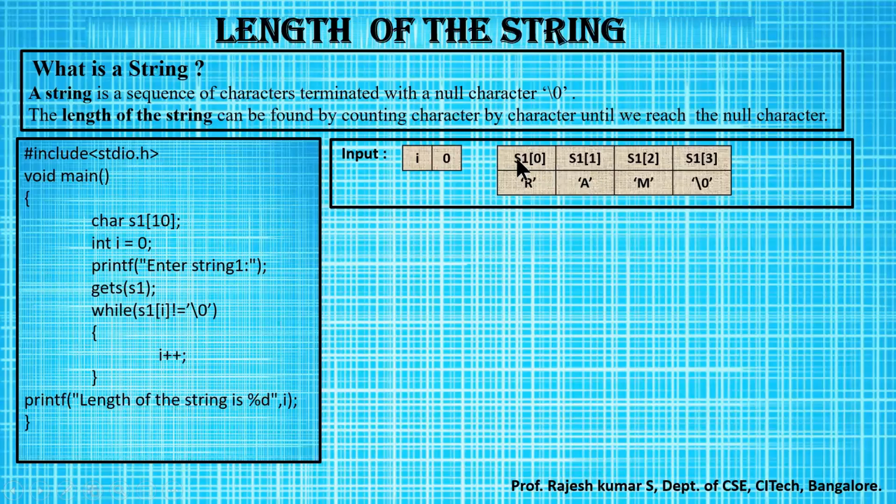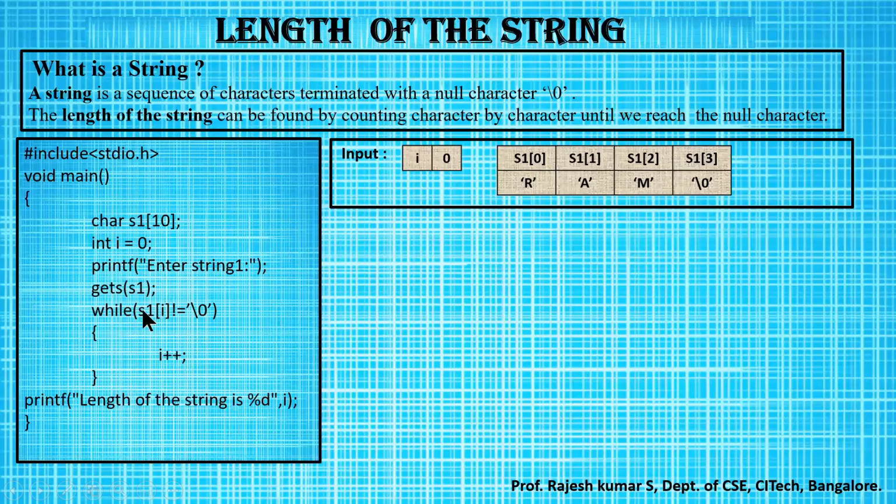Now, how do we count the number of characters? First, we have to enter into the array. In order to do that, we will be using a while loop. While I'll be checking for the condition. Here the condition is until I reach the end of the array. How do we tell we have reached the end of the string? If the value present is the null character. As soon as you reach the null character, you will know you have reached the end of the string.